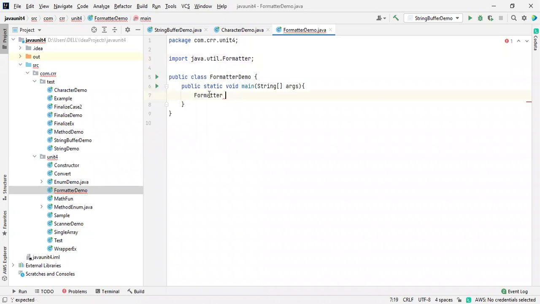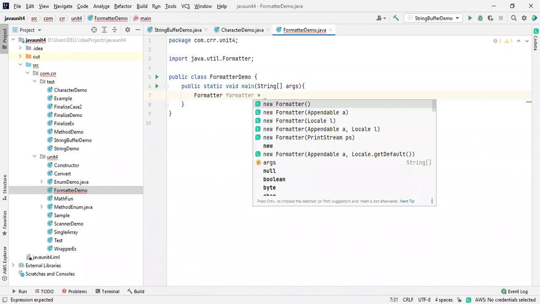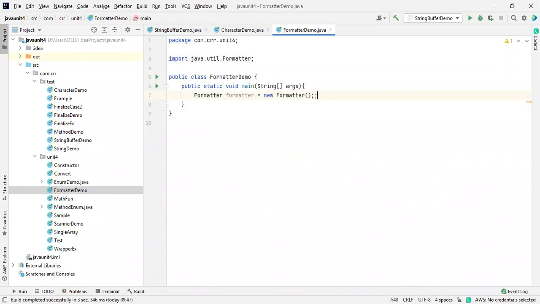Okay. So how are you going to use Formatter? Because this is a class available inside the util package, you create an object for that class. So Formatter, then a user-defined name, then equals, after that the new keyword. What is the use of the new keyword?